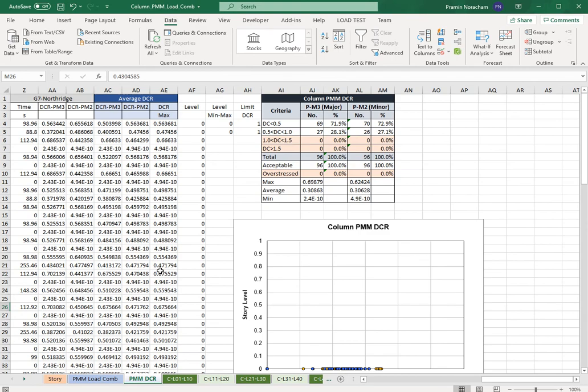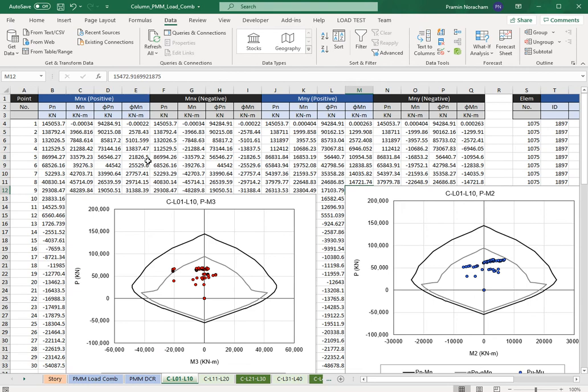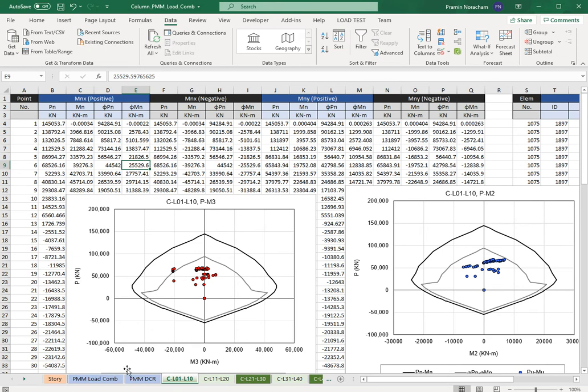This is a DC ratio from the demand over capacity of the section. And when you check the column PMM, it will show you in here also for each section. Because you prepare 5 sections of column, it will show you 5 sections also.